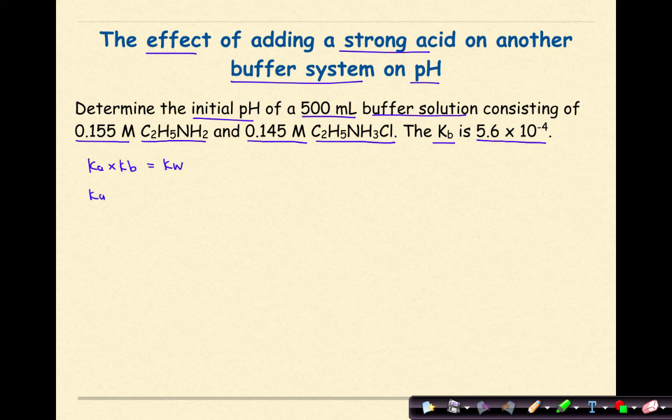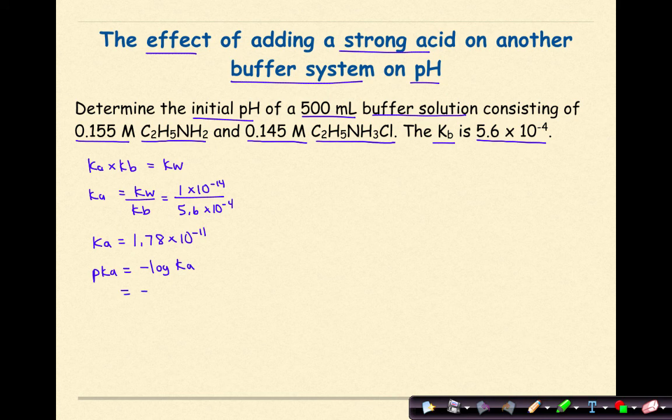So Ka is equal to Kw over Kb, which is equal to 1 times 10 to the negative 14, and my Kb is 5.6 times 10 to the negative 4. Therefore, if I work all this out, my Ka is going to be 1.78 times 10 to the negative 11. And my pKa is going to be the negative log of my Ka, so negative log of 1.78 times 10 to the negative 11. And ultimately, when I work this out, my pKa is